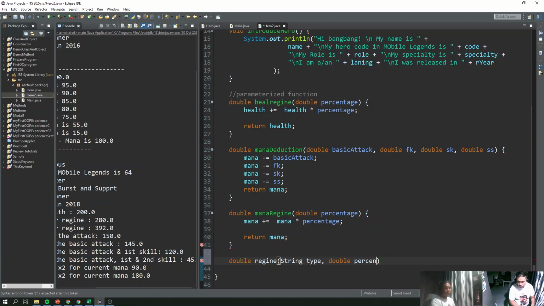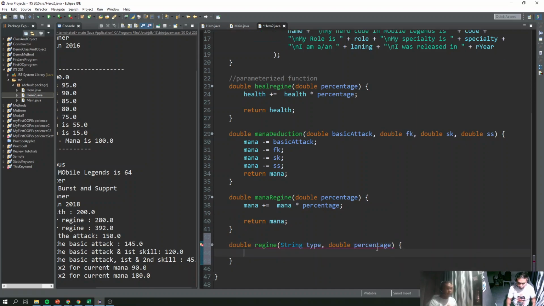So to eliminate those redundant data, percentage. Then output. Okay, so the return is region. So right now, all we need to do is to declare int region,